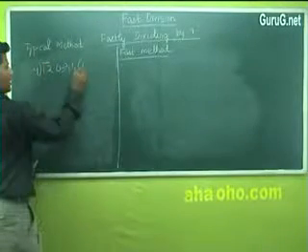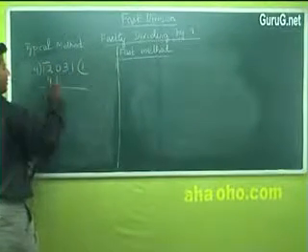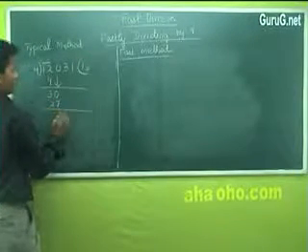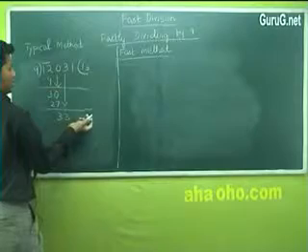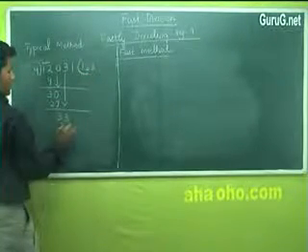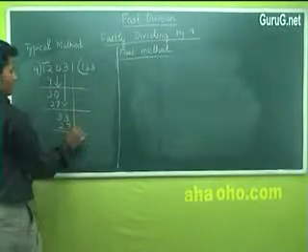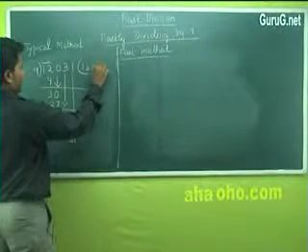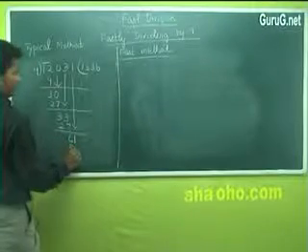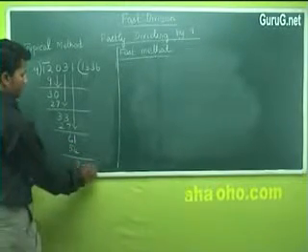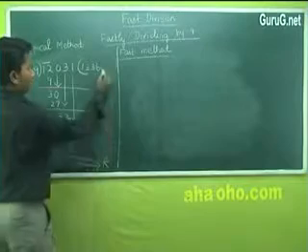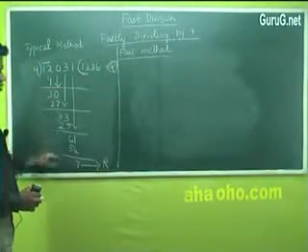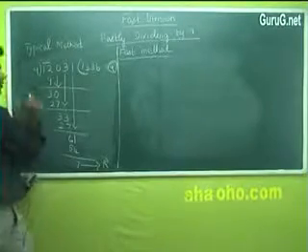Take 2 numbers. 9 ones are 9. Remainder is 3. Bring the number down. 9 3s are 27. Remainder 3. Bring the number down. 33. Once again it is 9 3s are 27. Remainder is 6. Bring down 1. 9 7s are 63. Your remainder is 7. So this is your remainder, this is your quotient. How many steps of operation? 1, 2, 3, 4. So totally 4 steps of operation.